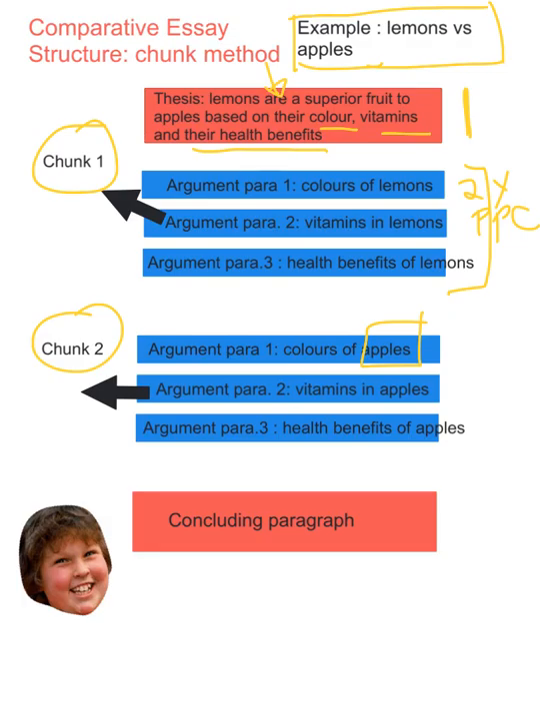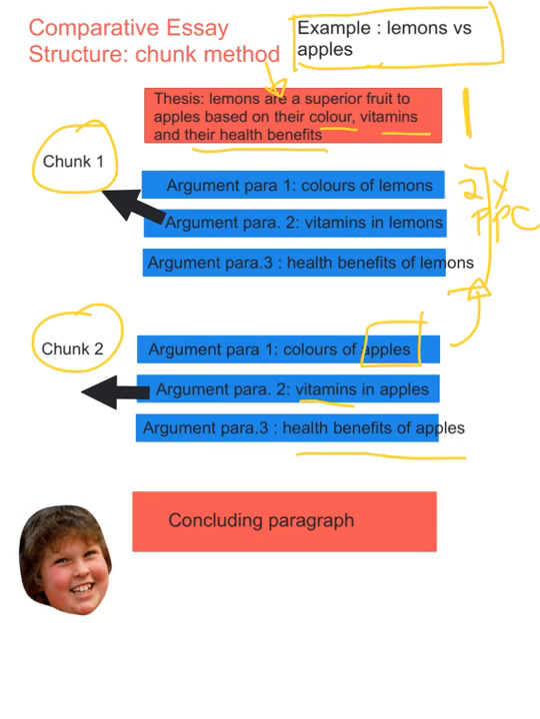Paragraph 1 will focus on the color of apples, comparing now to the lemons. Argument 2 is going to talk about the vitamins in apples, again comparing to the vitamins of lemons. And argument 3, paragraph 6, I guess it would be now, would be the health benefits of apples. So chunk 1 talks about just the lemons, chunk 2 talks about just the apples. In your essay, you would have chunk 1 talking about Othello and chunk 2 talking about A Doll's House,